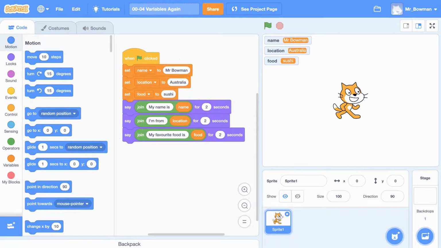Okay, here's the quick program in Scratch to demonstrate how you would create variables in Scratch versus Pico-8. So we've got our variables here and we've got a join command, and we're just going to have a look at how those work in action. My name is Mr. Bowman, I'm from Australia, and my favorite food is sushi. There you go. Okay, so we are going to break this down now by deleting everything